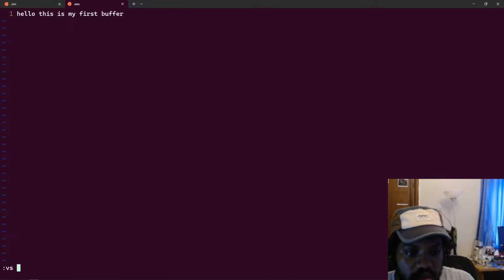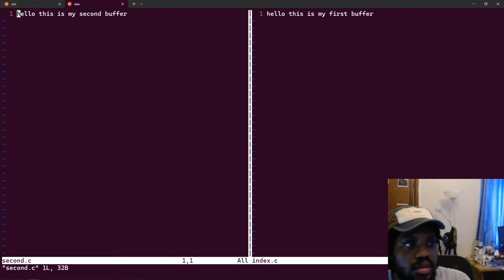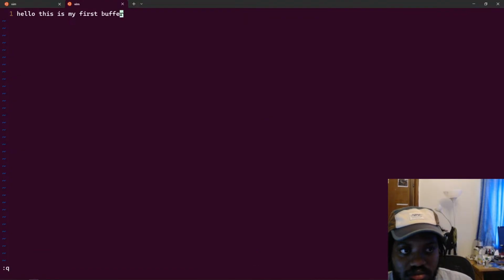I can say VS, so vertical split. I think this is the first buffer, so we can do the second buffer here, like this. Now you can see they are both open side by side. You can close them just by quitting, the normal way of closing a file